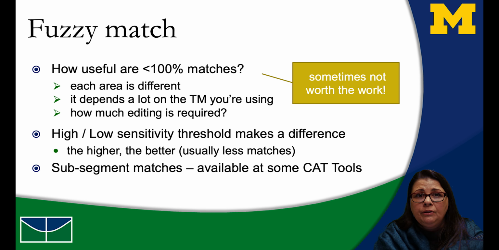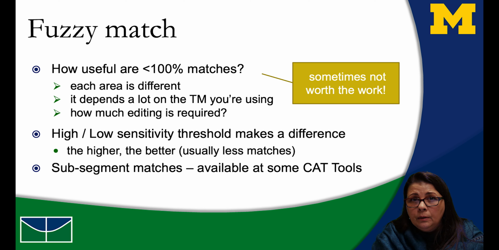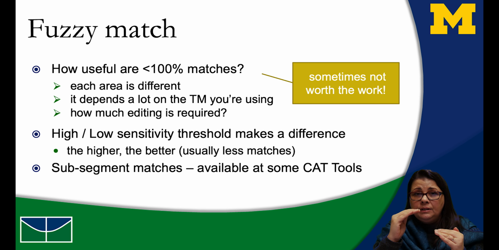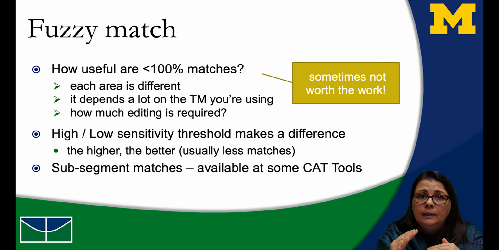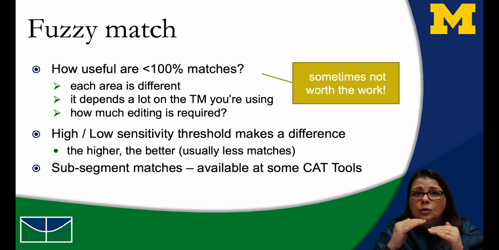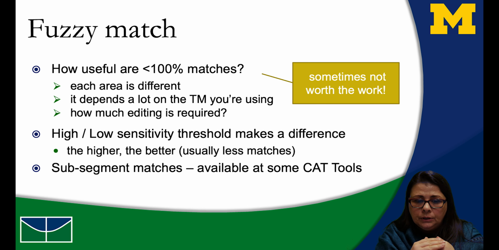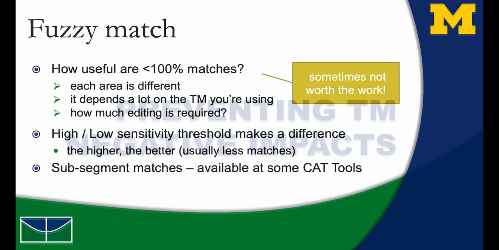But if you have a smaller translation memory, you might want to keep it at 75 or even a lower percentage if you're not working with sub-segment chunks. So adjusting that sensitivity is important to do as you go and as you build your new translation memory.